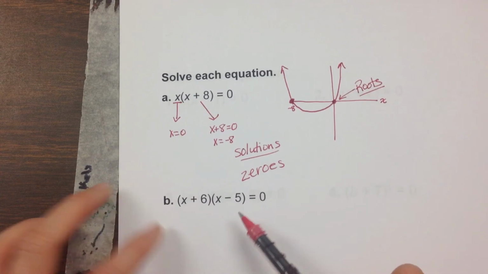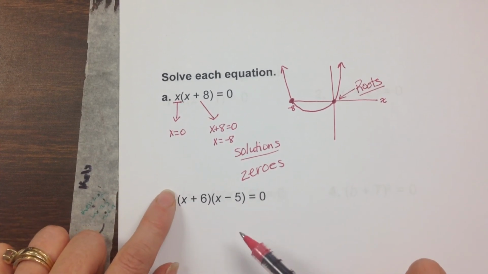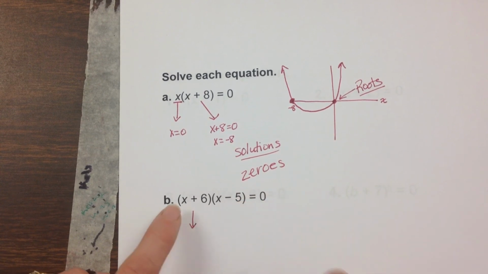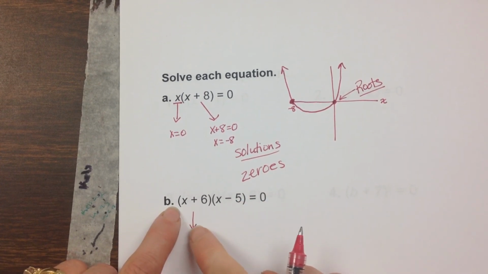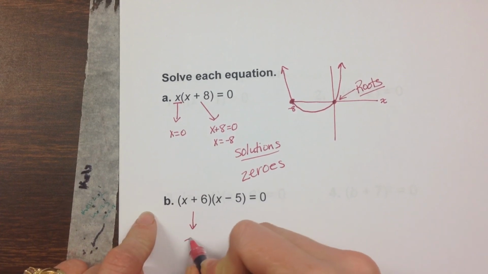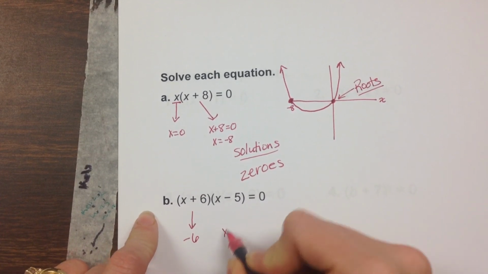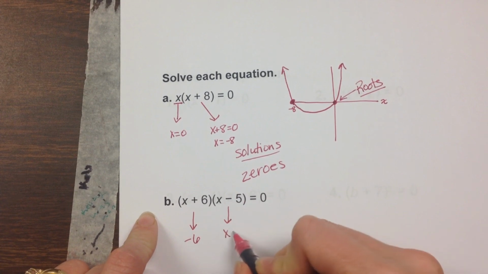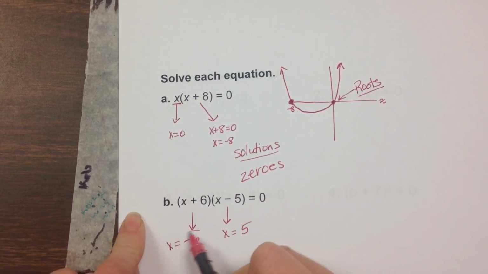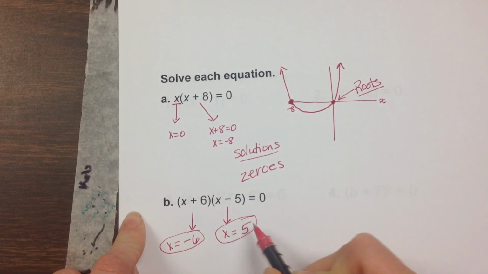So let's say you came across this problem. It might say find the zeros. So what that means is, what would make this factor be 0? So we think, what number plus 6 is equal to 0? -6. And what makes this factor 0? 5. So what are my zeros? -6 and 5. Or I